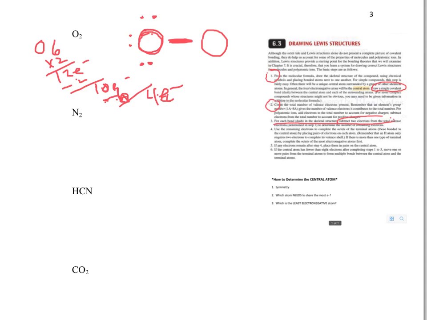So I started with 12, used 2 for the bond. That left me with 10 to put in as lone pairs. I just used up 6, so now that leaves me with only 4. Now the left-handed oxygen has his octet. He's got a total of 8: 2 for the bond, and then 6 for the lone pairs, so that's 8. 4 remaining